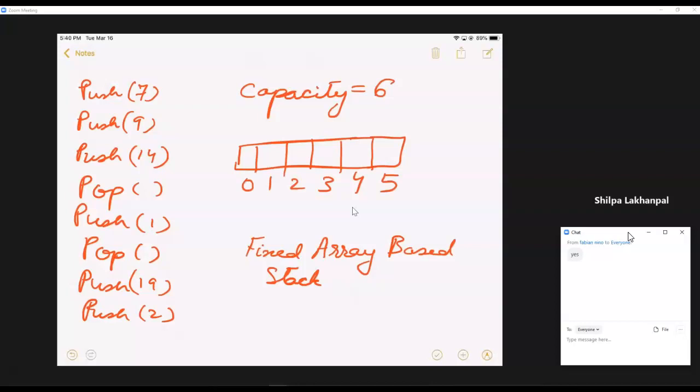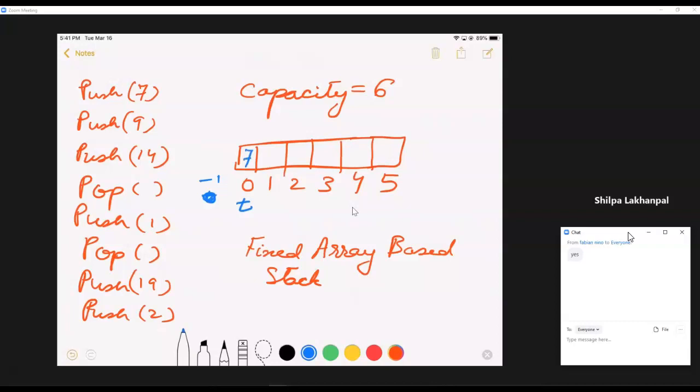Now let's see what happens with these. So first, at the very beginning, T is going to be initialized. So my T is over here, -1. This is the T. So now I want to push 7. In the push, first T is incremented. So T is incremented by 1, goes to 0, and at that point, 7 is put.